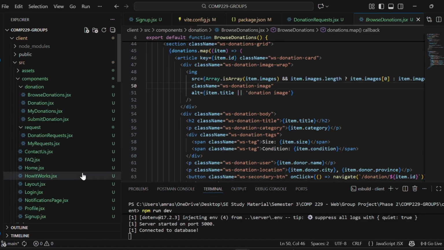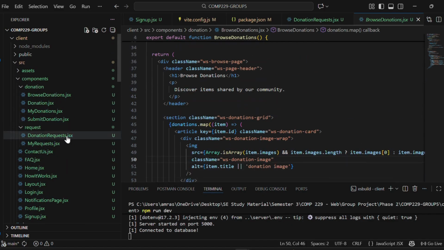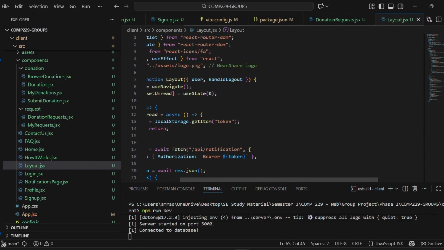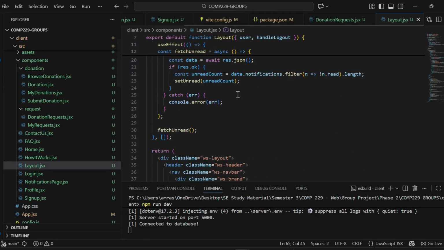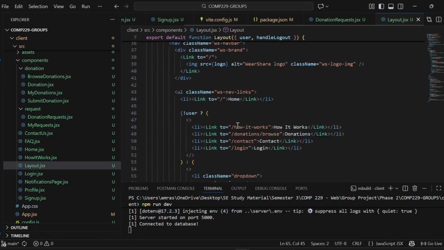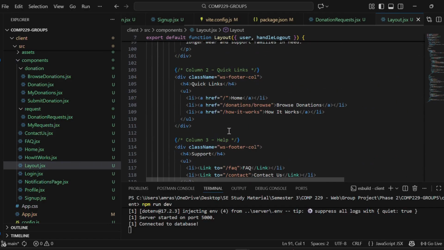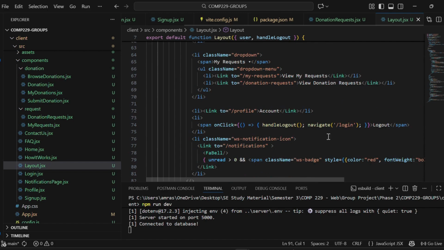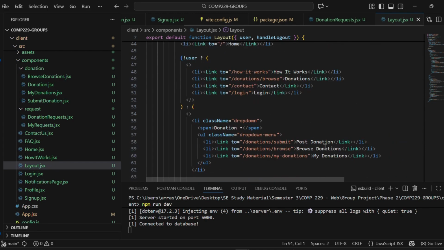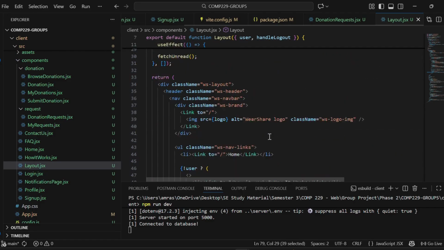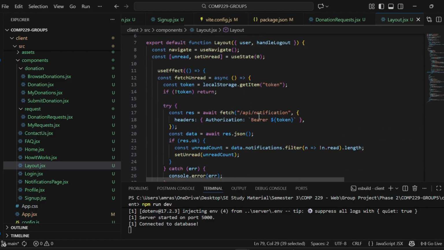And we have layout where this is our client backend where we have divided our pages into component donation, where we have our navbars and our footer. So this is where the main other files run, and this is the footer. So we are not calling them every time we are going to our page. And we also have a notification button over here, and we are calling the notifications and counting